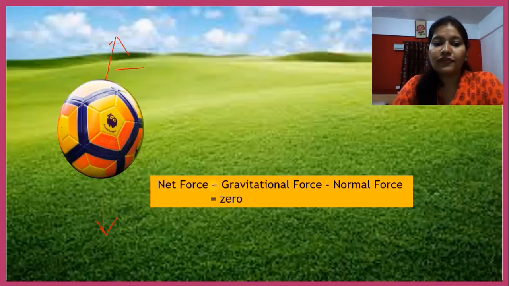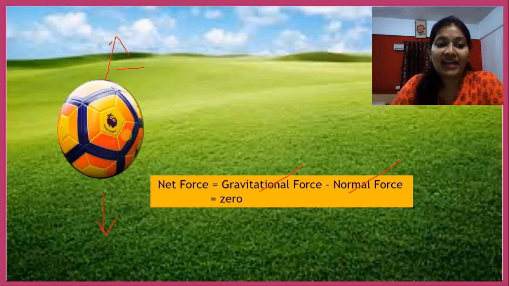So here I have done it. Net force acting on the ball will be 0. Why 0? Because gravitational force will cancel normal force, and we will get a 0 force acting on the body. Therefore, though the forces are acting on the ball, we will not observe any change in the state of the object. Why? Because net resulting force acting on the ball is 0, because gravitational force is cancelling normal force. It means we have balanced force.